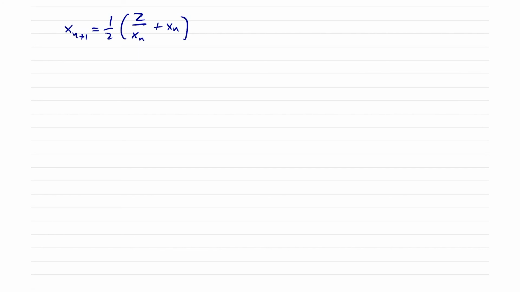So we'll let x_0 be equal to 2, and so we make sure we start above where we need to go. Okay, so then that tells us that the absolute value of x_(n+1) is equal to 1/2 of 2 over x_n plus x_n. But we know that